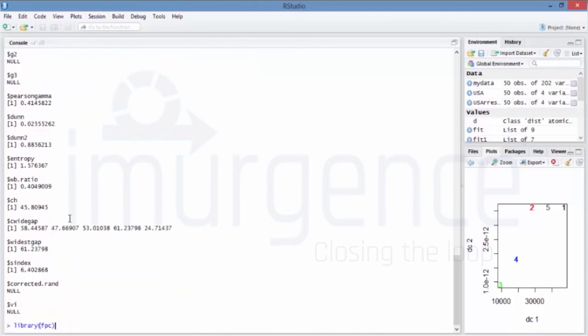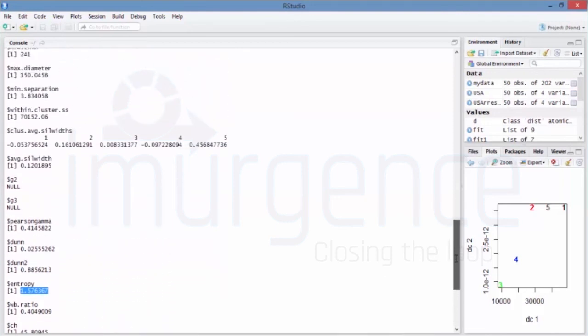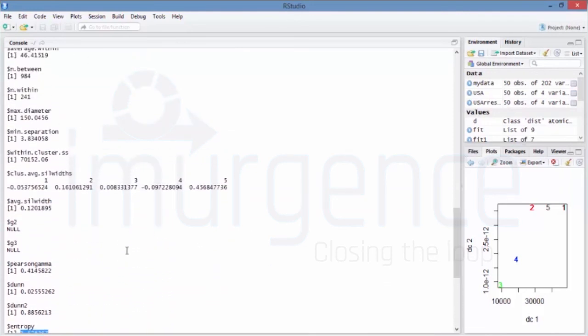And this is the entropy, and this is the within cluster sum of squares, the minimum separation between the clusters, the max diameter